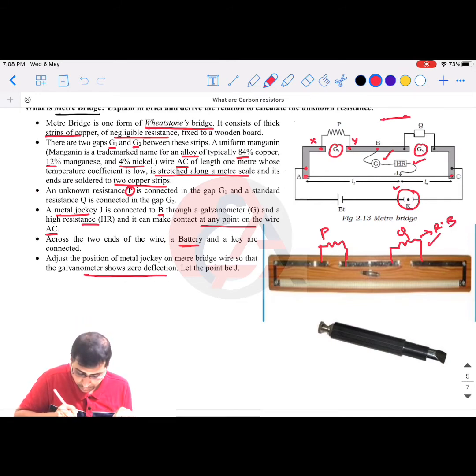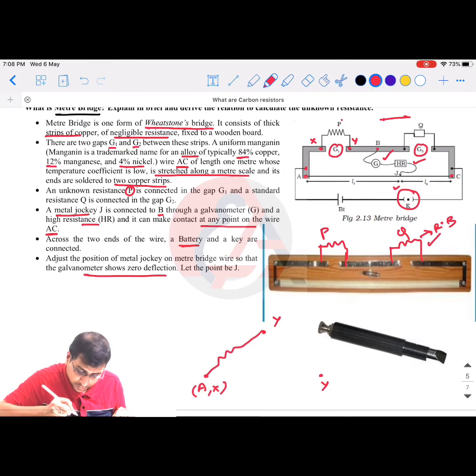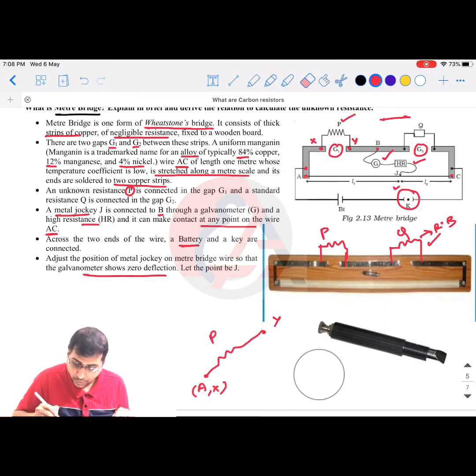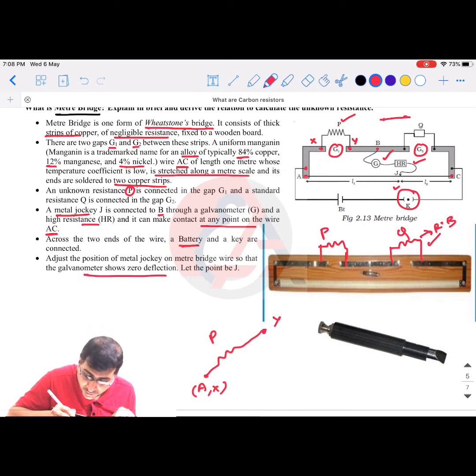So if you take the point A, X here, from A to point Y, there is a resistor P that is going. So I am redrawing the circuit. Observe this clearly. So it is going to point Y. Now point Y, B, and let me call this L and M. So point Y, B and M, L are said to be at the same potential, Y, B and L.